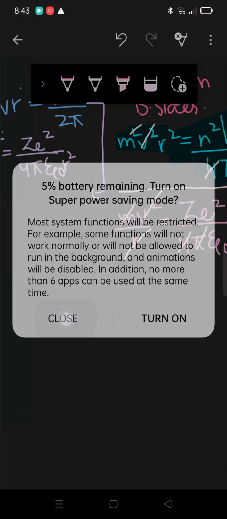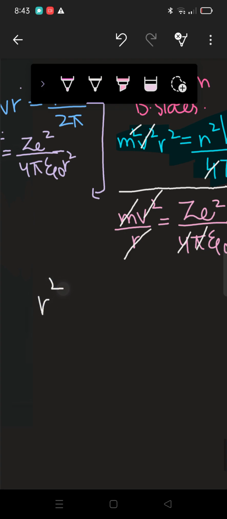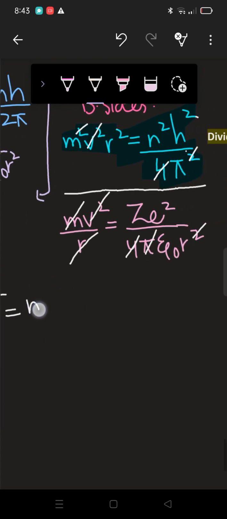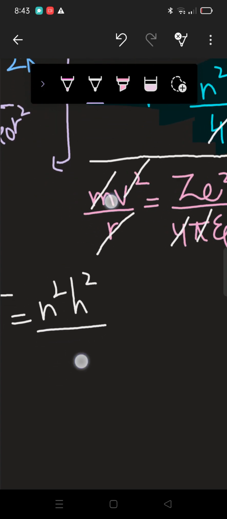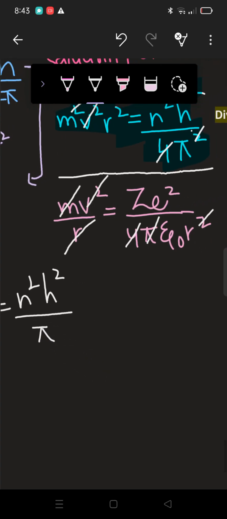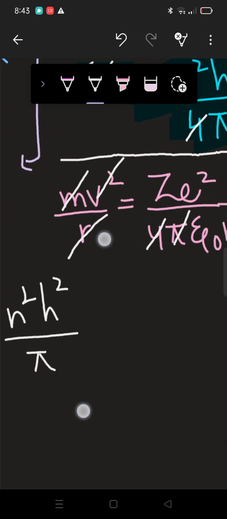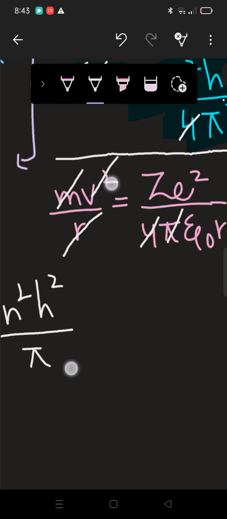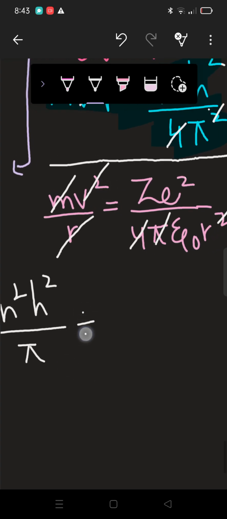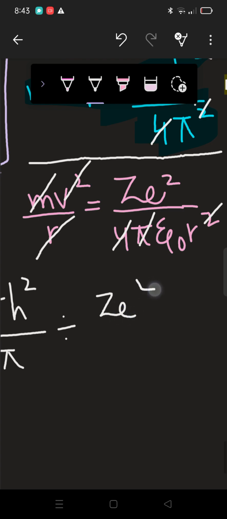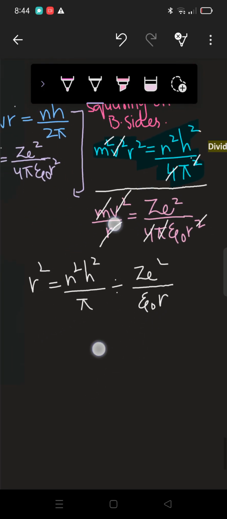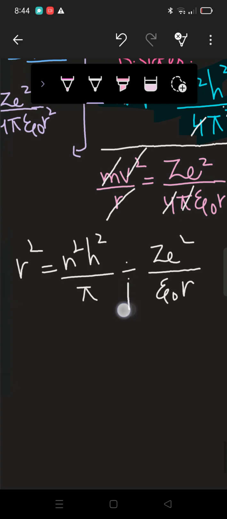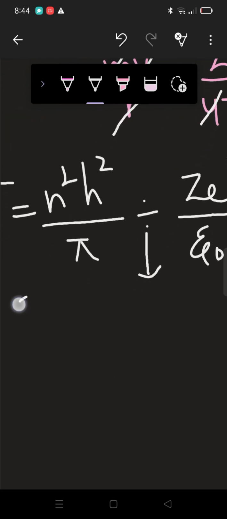Now what do we have remaining? R square is equal to n square h square upon pi, divided by ze square upon 4 epsilon naught. Pi is cancelled, the 4 is cancelled, however 1 r is remaining. To convert this division sign into multiplication,